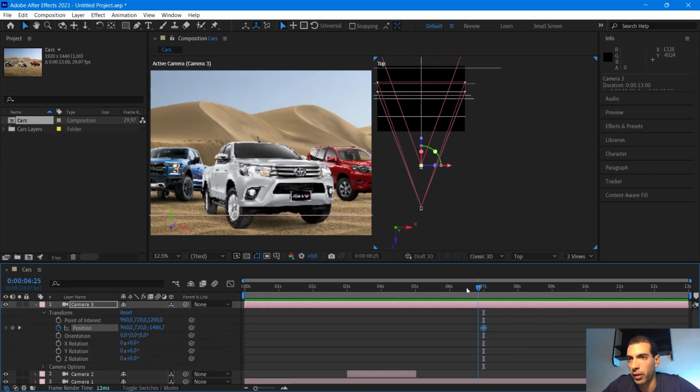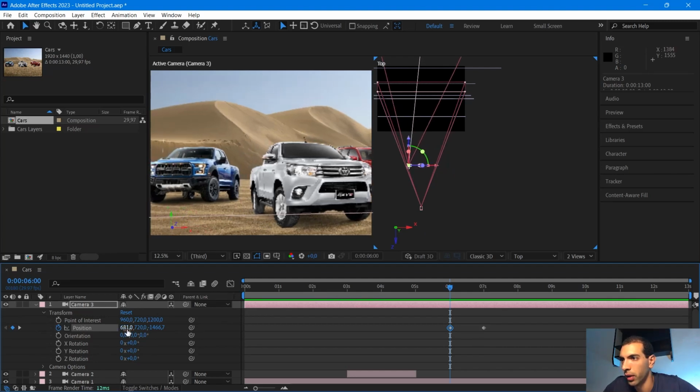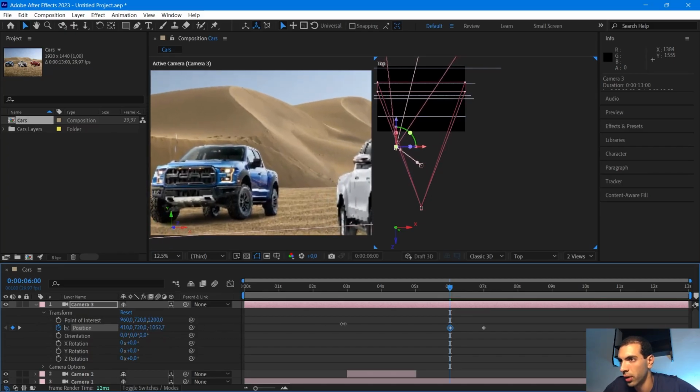I'm gonna go back 1 second here and I'm gonna move using the values. I'm gonna move the camera to the left like this, to the left, and I'm gonna go forward by changing the Z axis like this